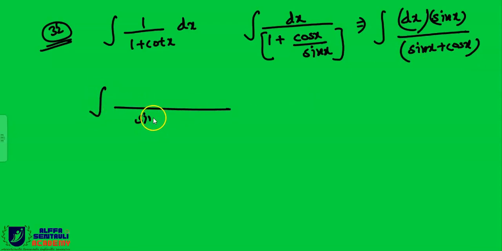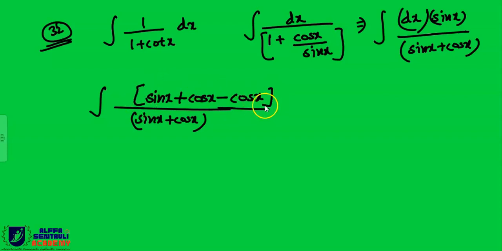Now in the next step, this is very easy. This is sin x plus cos x, right? And sin x was already there. So beta, you can add 1 cos x and then subtract 1 cos x, so that there is no difference in the question, no change in the equation. When you cut this, you will get the same question. So now you can take